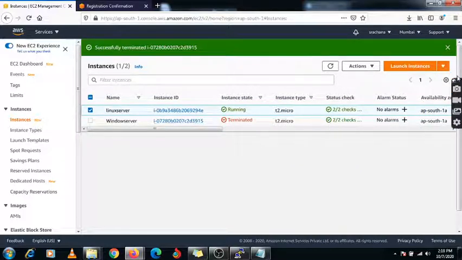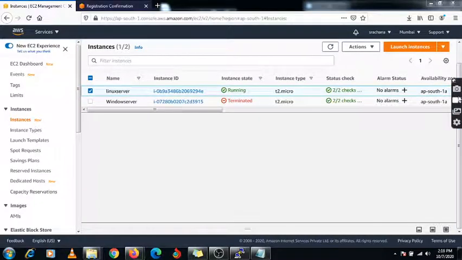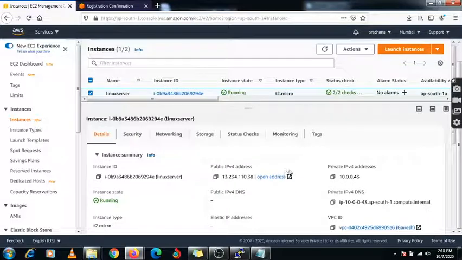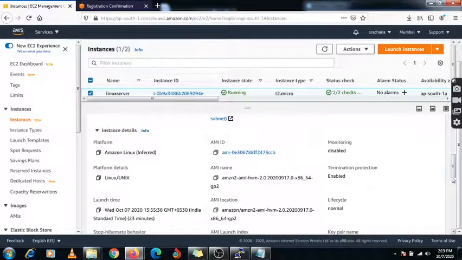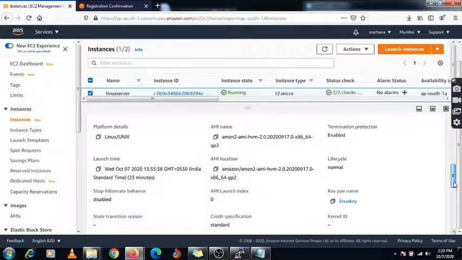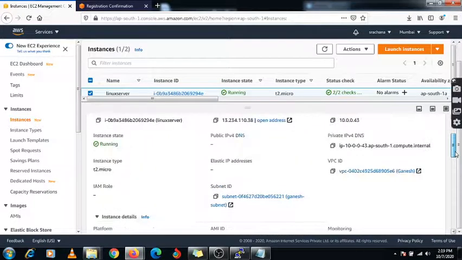So just go to this machine, I'm going to check the settings, details and info. Where is the option? Here, termination protection is enabled, right? So I need to edit it. How can you edit it?